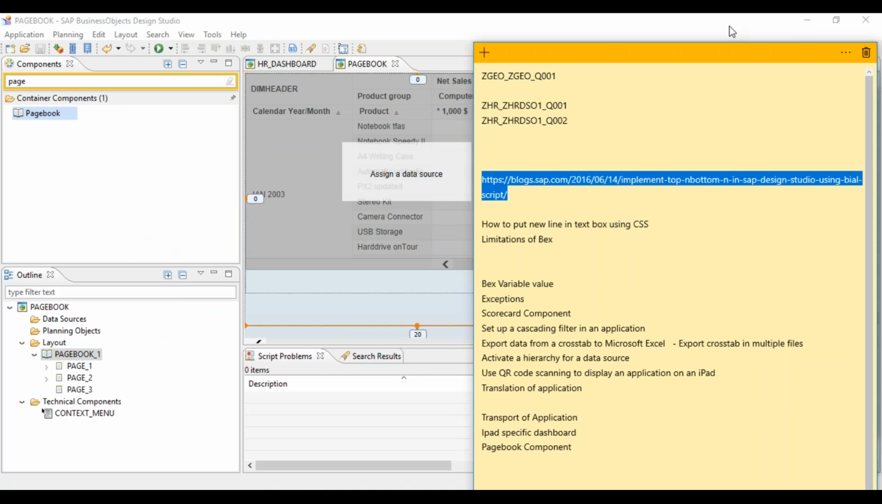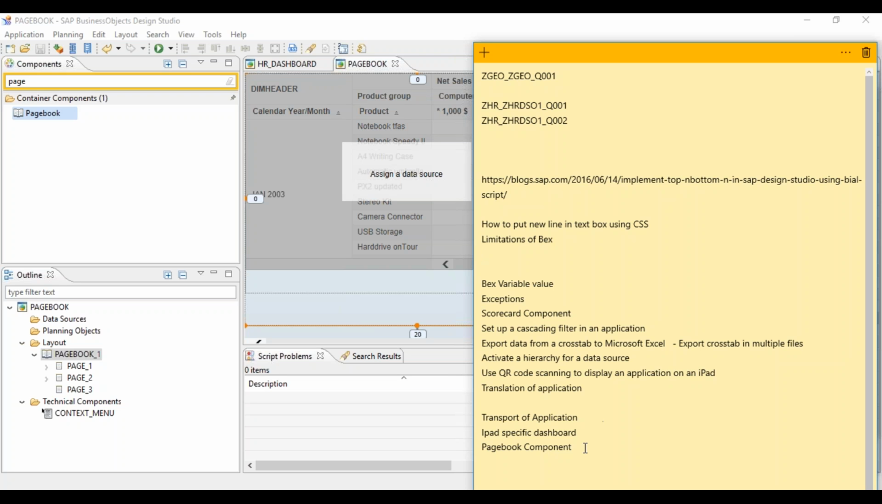Or else, if it is not working, then another option is you do it in BEx only. It's better to always do all the calculations in BEx only. Okay, and yeah,